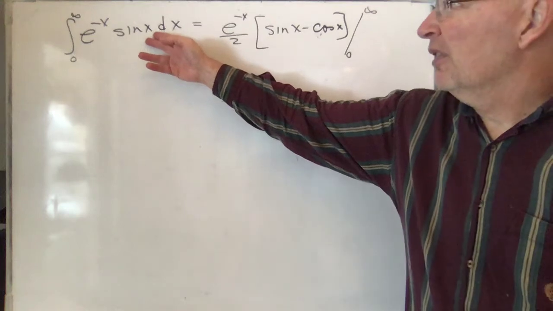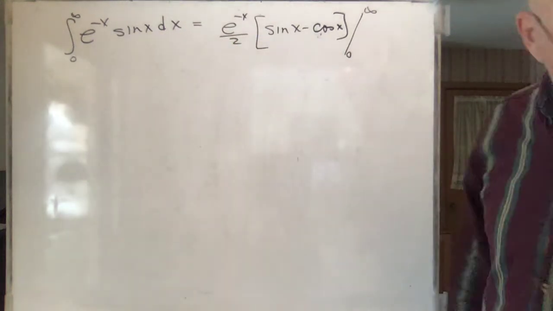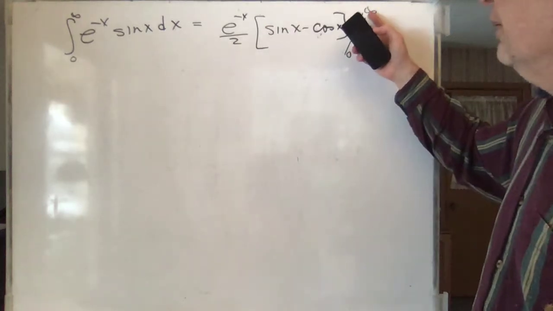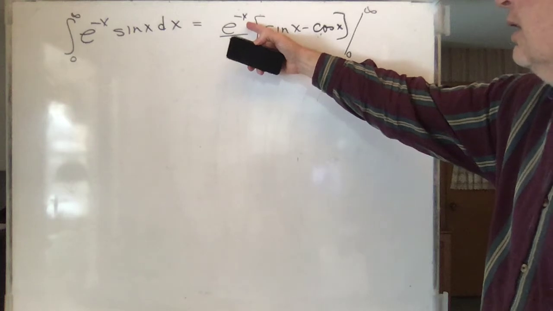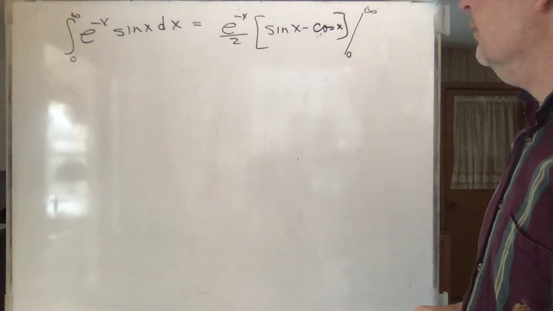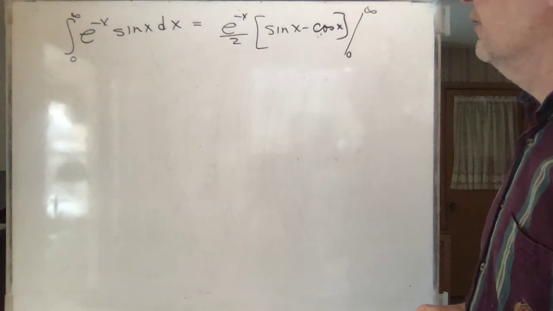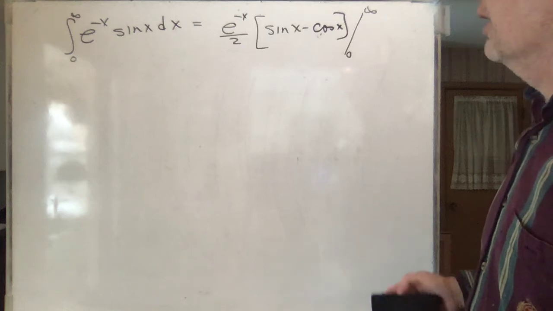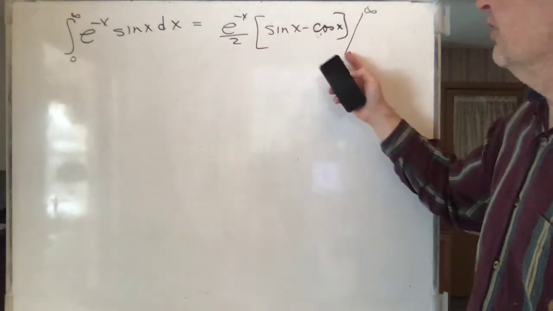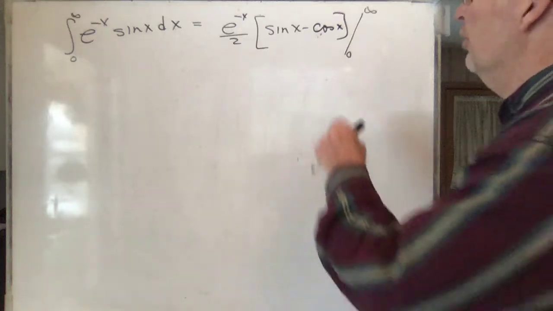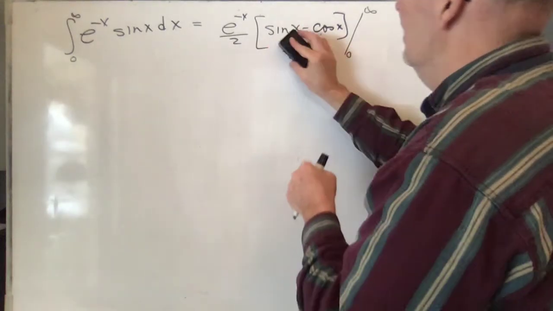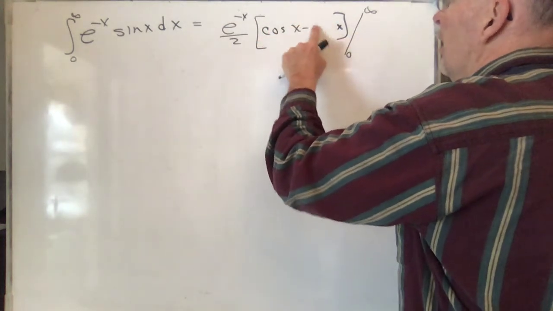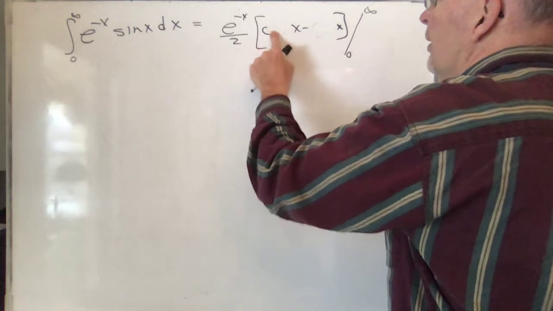Go back and find what the antiderivative of this thing was, and then evaluate it at the endpoints. The endpoint meaning you let x go off to infinity there, which of course will go to 0. But when you stick in a 0 here, I bet, you know what? I bet it was cosine minus sine. I bet. No, I bet it was sine minus cosine.